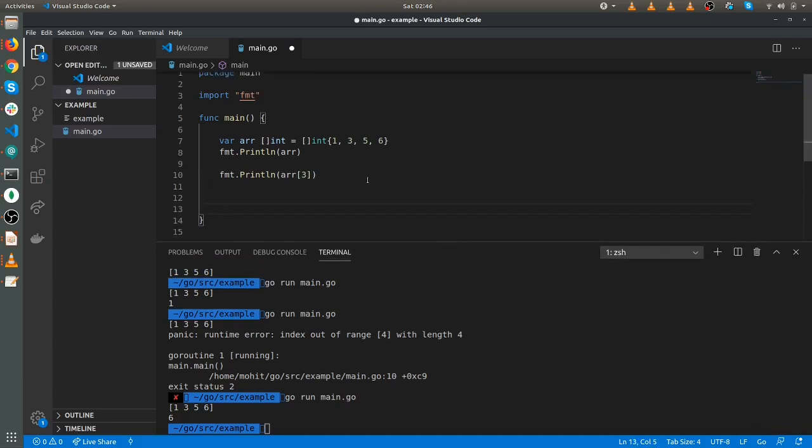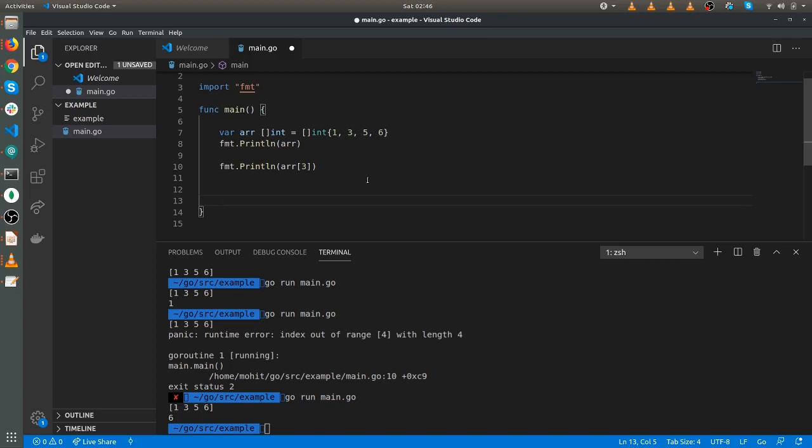Array has two functions: one is capacity and another is length. Capacity tells us how many elements the array can hold, and length tells us how many elements are present currently.